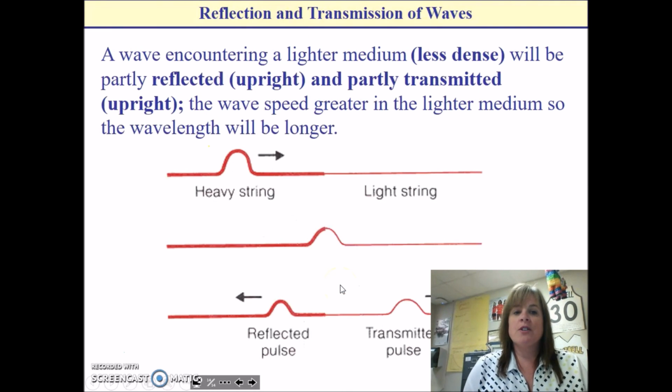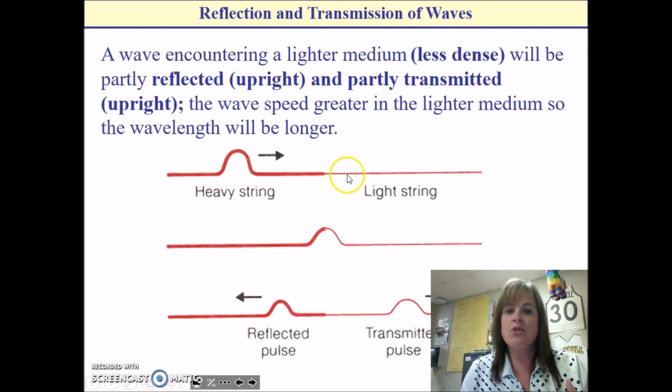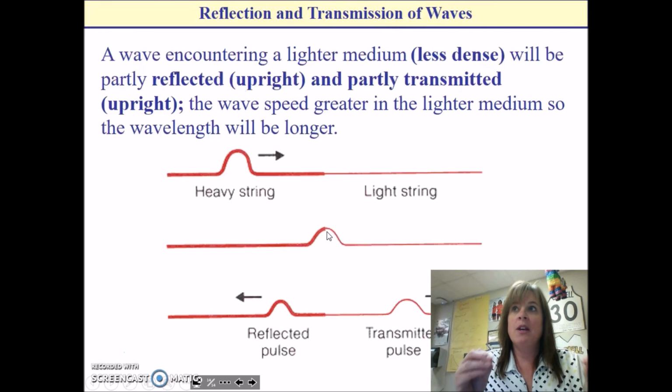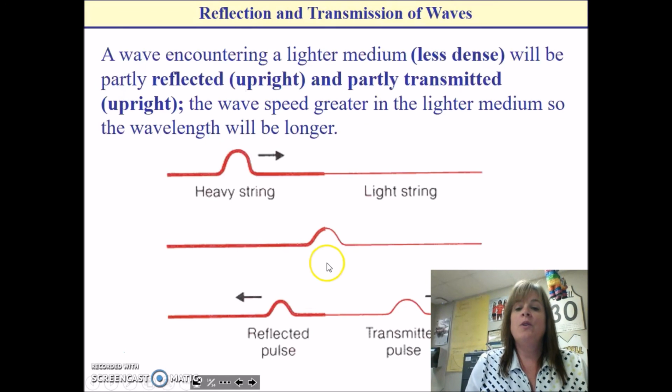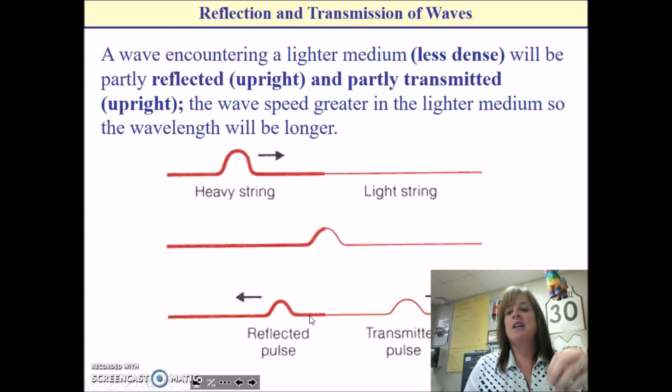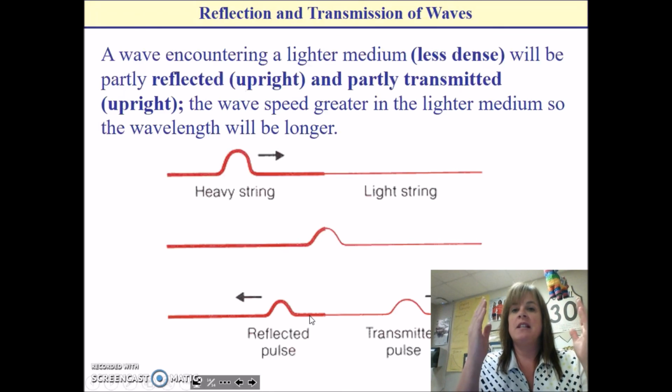We can do the same thing in reverse. If we send a wave pulse down a heavy string, a more dense string, and we have that tied to a light string, what's going to happen now is like I'm hitting a medium that's free to move. Of course, it has a different density, which means I get reflection. Anytime you hit a boundary that has a different density, you get a reflected pulse, but you also get a transmitted pulse. And notice the transmitted pulse is always upright. It's always in the same orientation as the pulse that hit that boundary. But I get a reflected pulse that is upright. It is upright because it is hitting a medium that's less dense. So it moves up and then it comes back on the same side.